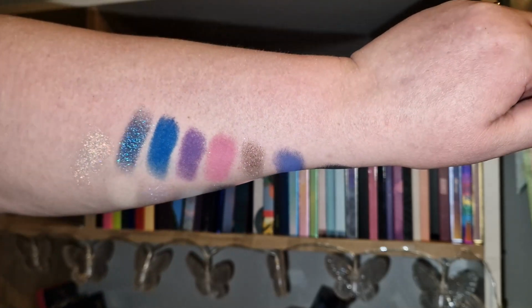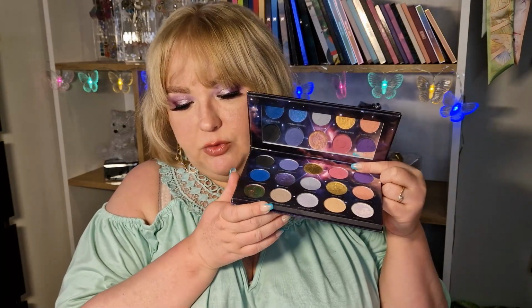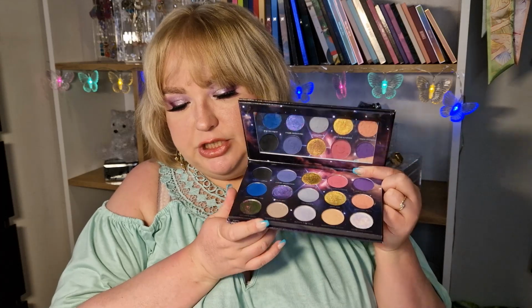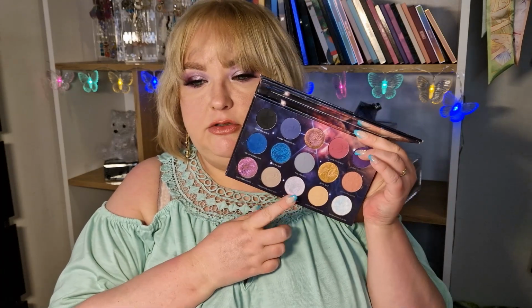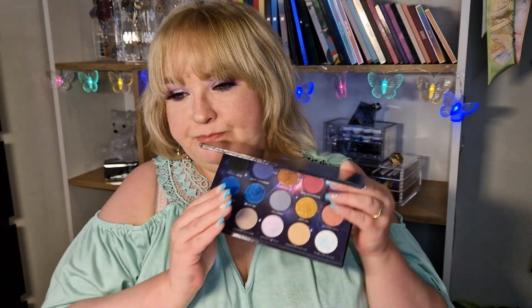So this one has 15 shades, 9 mattes and 6 shimmers, and all of the shimmers are multi-chromes. I'm very bad at showing multi-chromes. I'll do my best in the swatches, but I can't do this. And I love that this one has 2 lighter multi-chromes, because very often they are these black based multi-chromes which are very dark, and I like my look to have a lighter shimmer than the mattes. Or then I'll do a smoky eye. So yeah, this one also